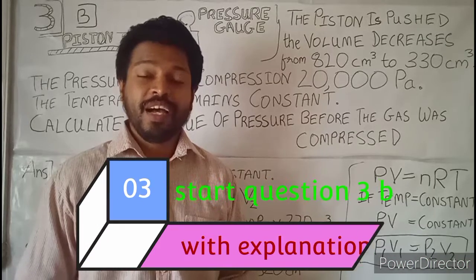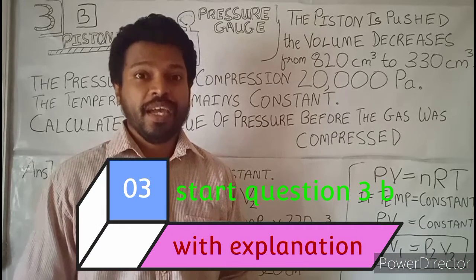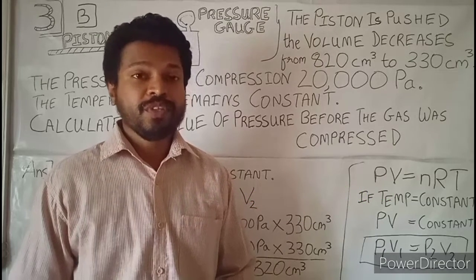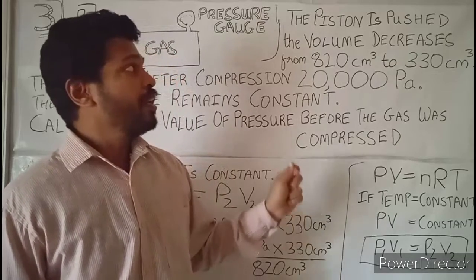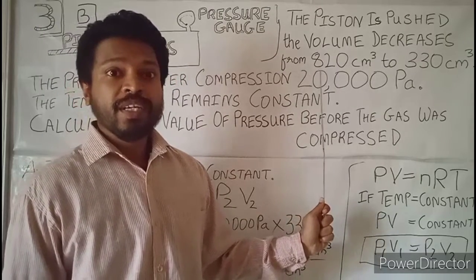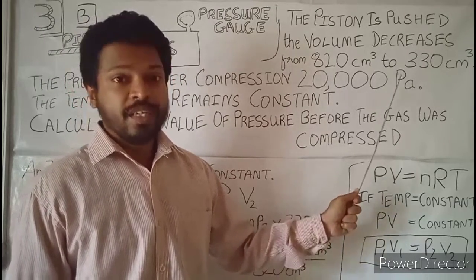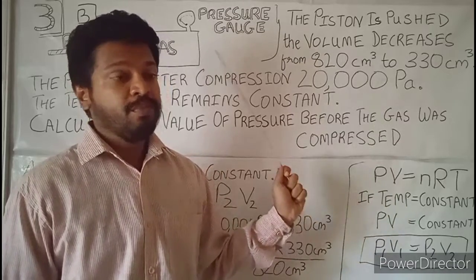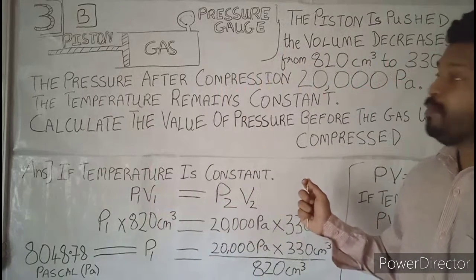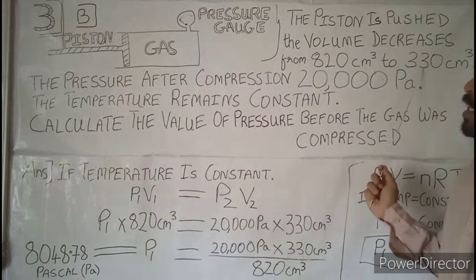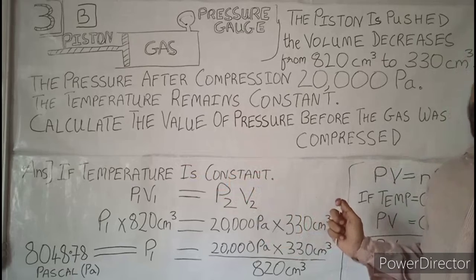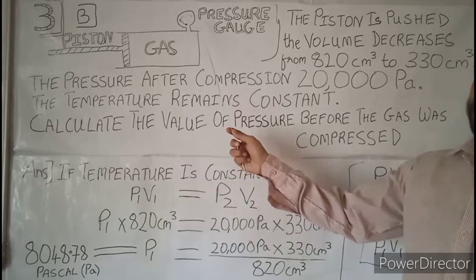Hi students, last time we had seen question 3A. Now we will be solving question 3B. Question 3B is a problem wherein a piston is pushed and the volume decreases from 820 centimeter cube to 330 centimeter cube. When a piston is pushed, you can see in the diagram that the volume decreases from 820 centimeter cube to 330 centimeter cube. The pressure after compression is 20,000 pascals. So in the pressure gauge,